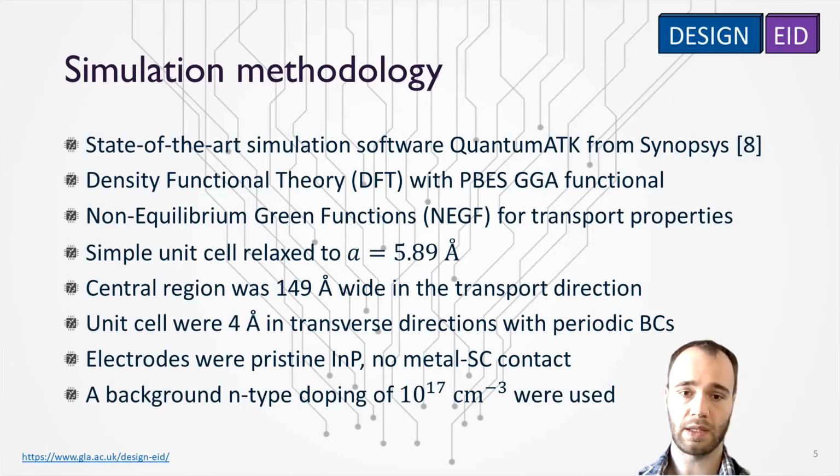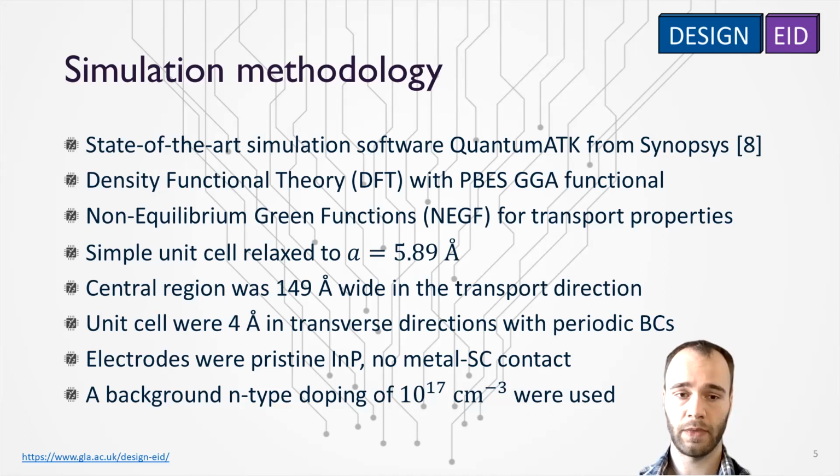I then repeated my system in the 111 direction until my system was 149 angstrom wide. My resulting system was then 4 angstrom in the transverse directions, but because I employ periodic boundary conditions in these directions, my system is technically semi-infinite, with the only non-infinite part being the 149 angstrom wide transport region. So this is all bulk simulations. After these